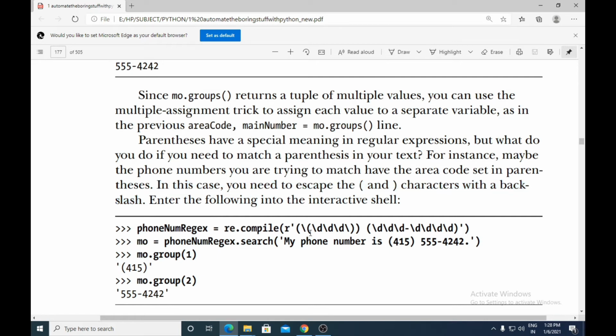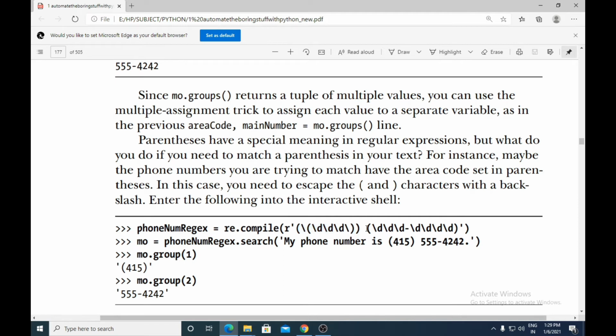That means if you want the parenthesis to work normally without indicating groups, that time you have to mention a backslash. If you mention a backslash for that parenthesis, it will not be considered a group, it will be considered a normal parenthesis.